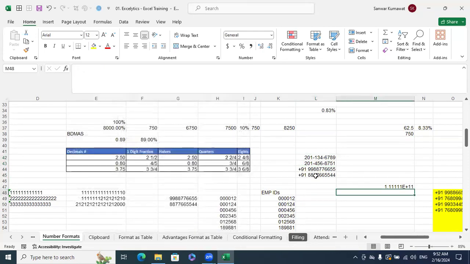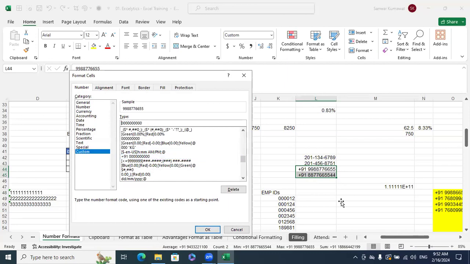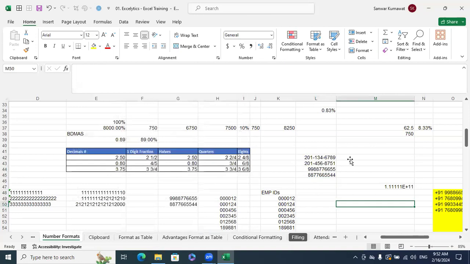Then these numbers go here and remove this. Or I can also apply a formula there. When we discuss the formula, I'll tell you that formula. And what happens